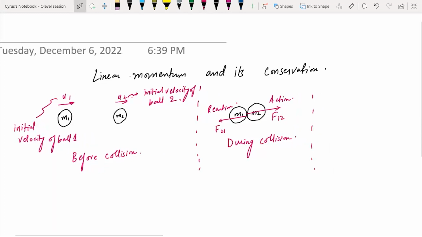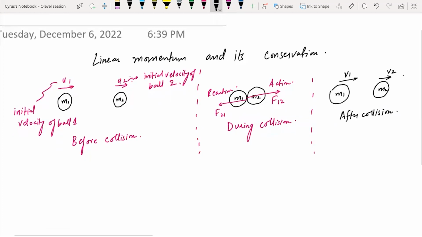और उसके बाद क्या होगा, ये M1 V1 हो जाएगा और ये M2, ऐसा भी हो सकता था कि दो बॉल जो ऑपोजिट डायरेक्शन में जाती हैं उसके लिए V1 नेगेटिव हो जाता है। जैसे स्नूकर बॉल जाके स्ट्राइक करती है तो एक स्लो हो जाती है, एक फास्ट हो जाती है। या ऐसा भी हो सकता है कि एक राइट पे चली जाए, एक लेफ्ट पे चली जाए, उससे वो नेगेटिव। सो दिस इज आफ्टर कोलिजन।